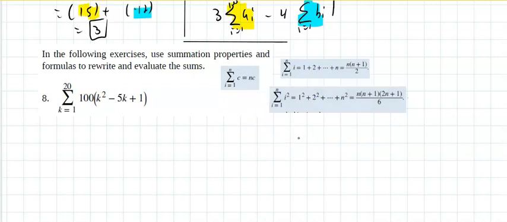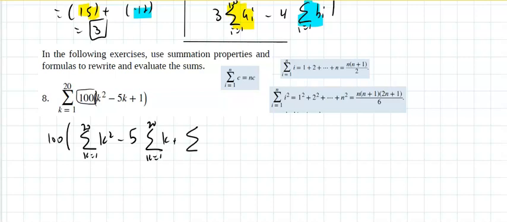If I want to figure out what this is, first I see that's a constant. I could drag that up front, and I could take the series i equals 1 to 20. They use k. They could use any letter they want as long as it satisfies that, you know, you're starting at 1 to 20 of k squared minus 5 the series k equals 1 to 20 of k plus the series k equals 1 to 20 of 1. So based on the rules,